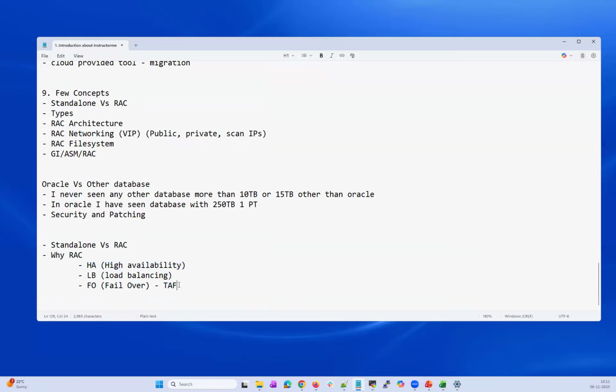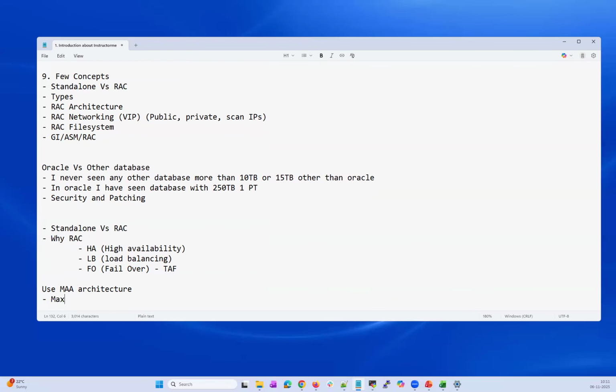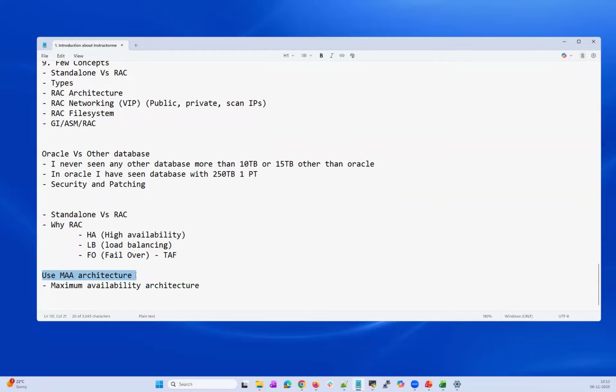So again, Oracle will suggest using MAA architecture. MAA stands for maximum availability architecture. There's Oracle documentation that Oracle published on the MAA architecture. That's the maximum availability architecture. What Oracle suggests: prod should run on RAC.